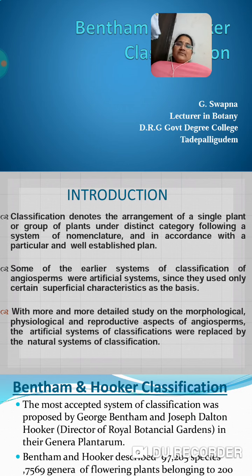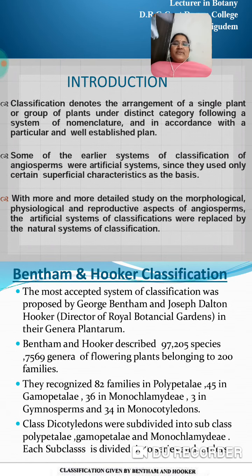The third one is the phylogenetic system of classification. What does it mean? It is the type of classification done based on the characters of the previous generations, the ancestral characters. After studying the ancestral characters, the scientists categorize the plant under one category. That type of classification is known as the phylogenetic system of classification. So classifications are of three types: natural system, artificial system and phylogenetic system.